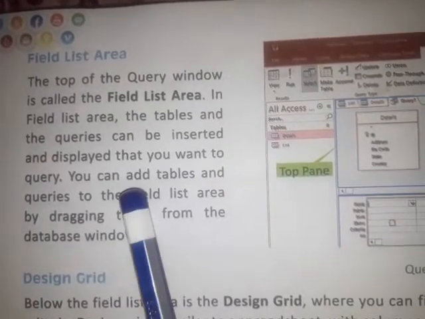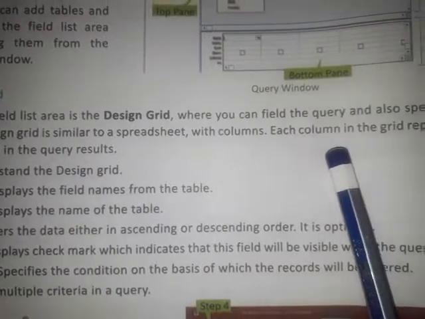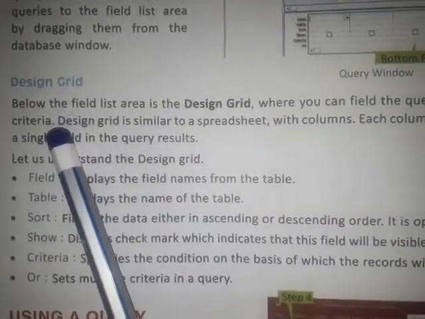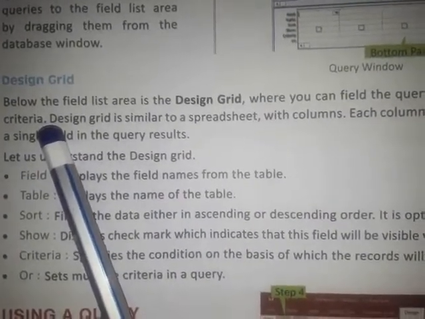Now the second part is the design grid. The lower part is the design grid. Below the field list area is the design grid where you can add fields to the query and also specify the criteria. Criteria means condition, on which condition you are going to ask the query. The design grid is similar to a spreadsheet with columns.